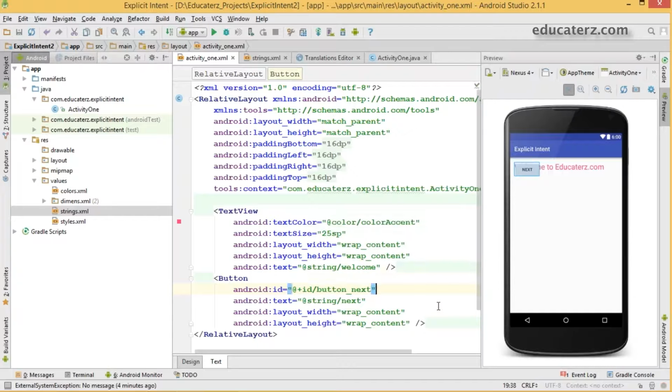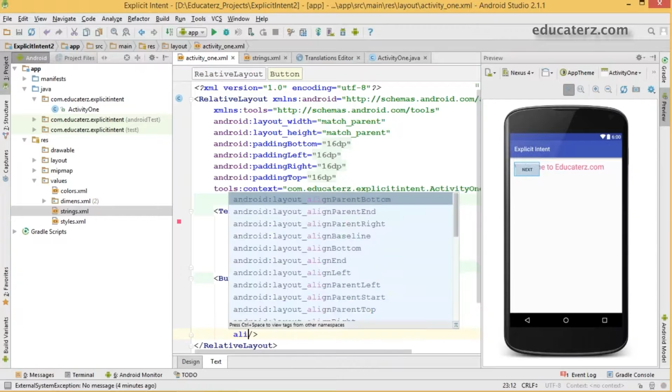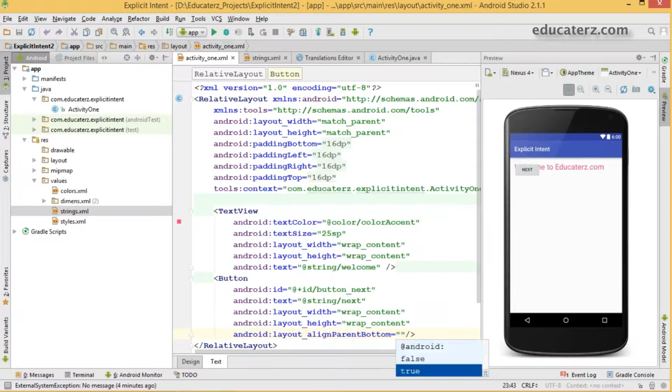So button next. But if you see here, the button is placed by default at the top left corner. We are working with RelativeLayout, so there are sibling and parent relations. Now I'm going to take the parent relation. Align this at the bottom of the screen: alignParentBottom, make it true.